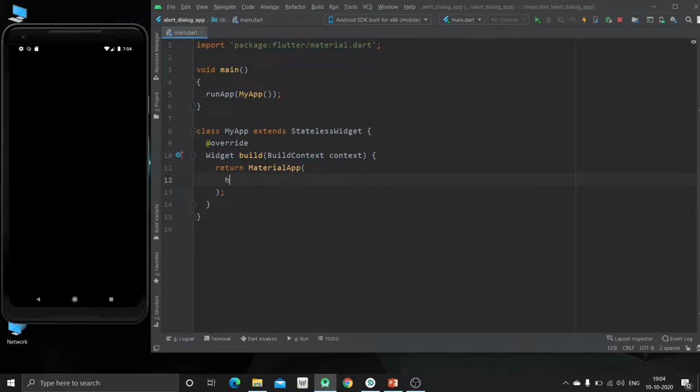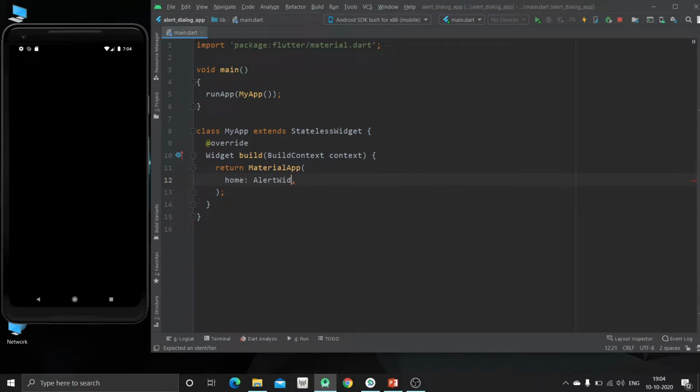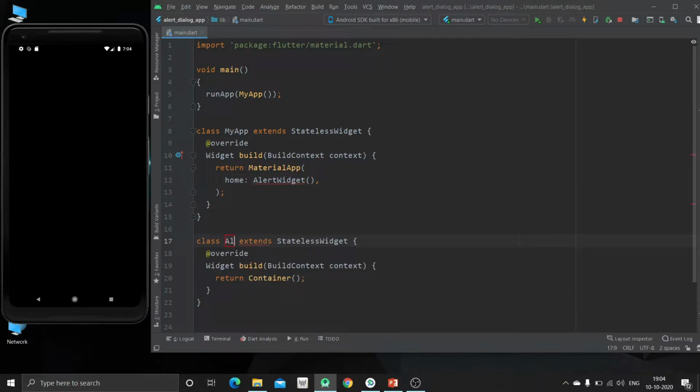Now we can create one home. For this I will again create one class, so that will also be a stateless alert widget.